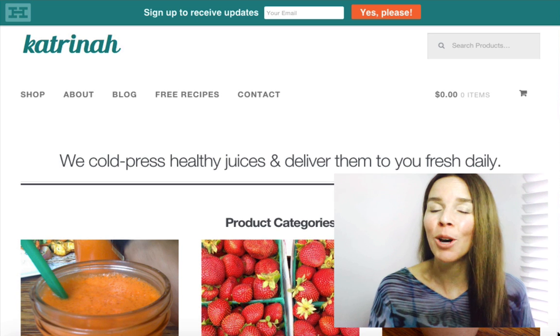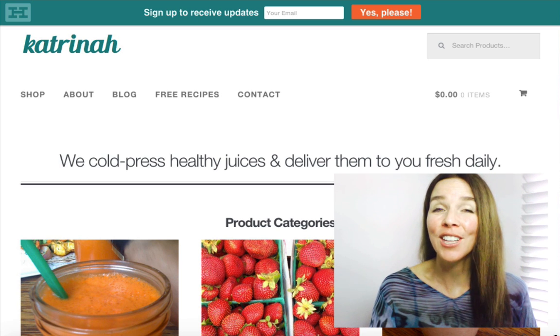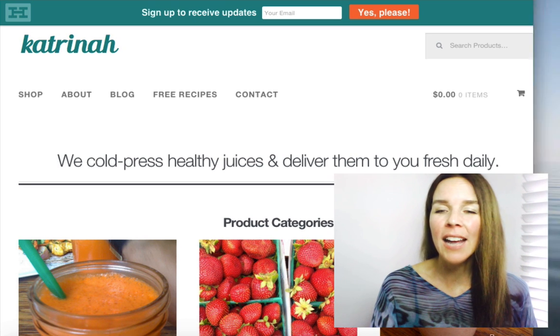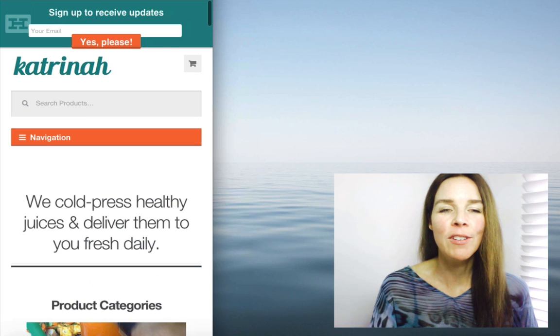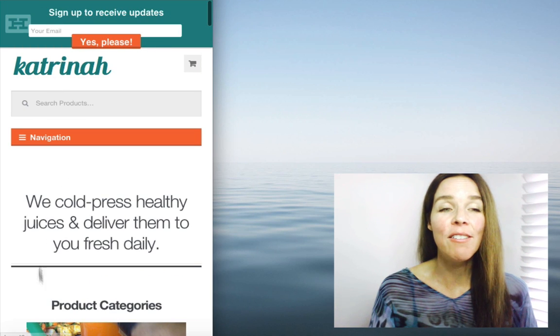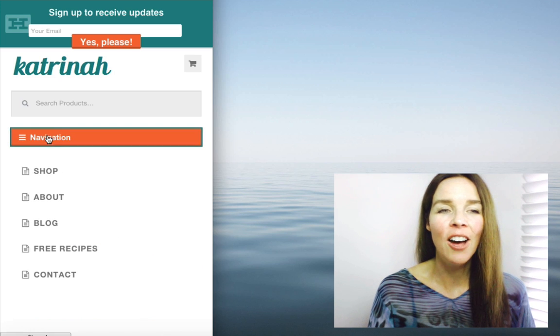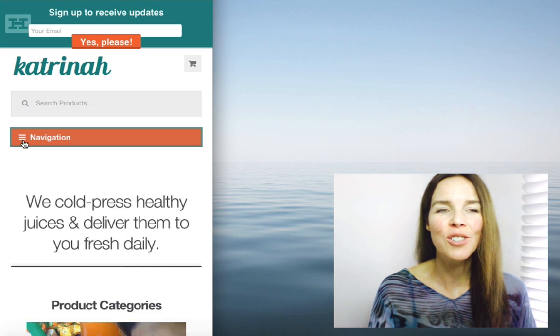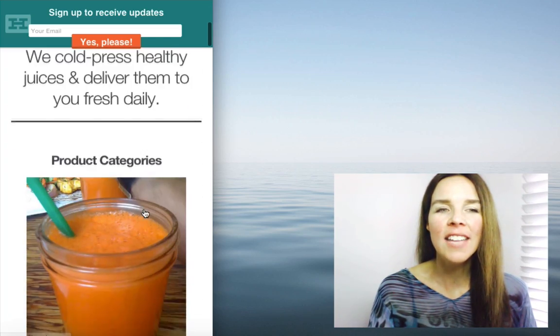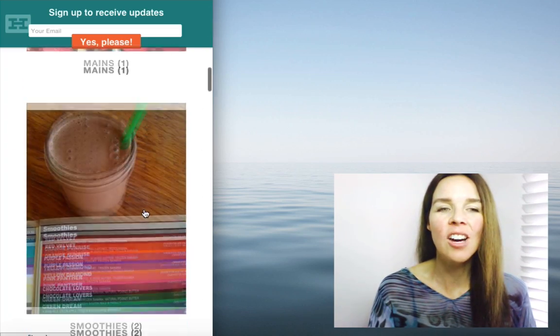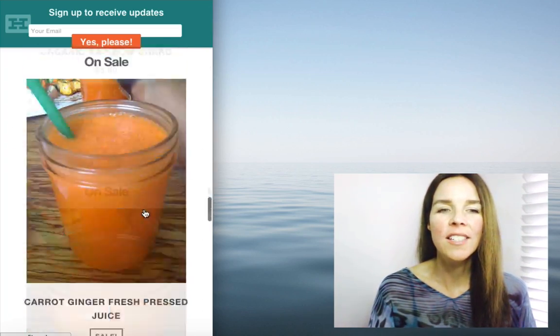So as a quick demo of the responsiveness of this particular theme, when I take the bottom right-hand corner and I reduce it by moving it to the left-hand side, now we can see everything stacks up really nicely. The menu is now a drop-down menu, so it's really easy to view. And all the other content is also stacking really nicely on the page, one on top of the other.